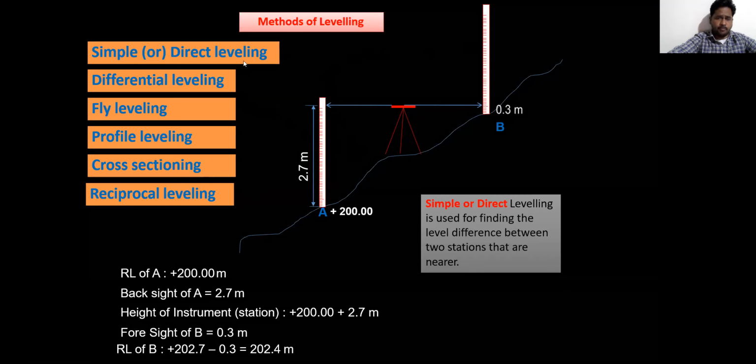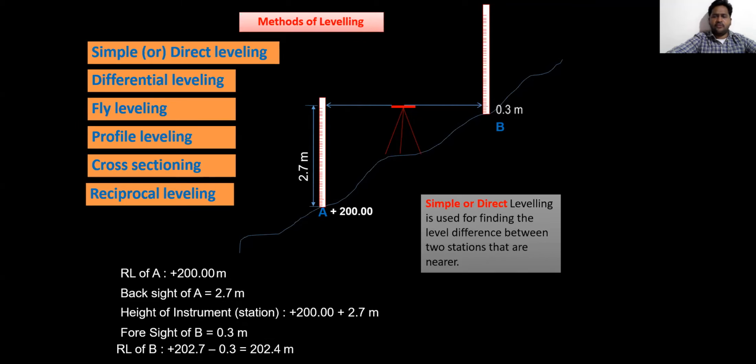See, this is simple and direct leveling. Simple and direct leveling is used for finding the level difference between two stations that are nearer. So whatever the stations or observations or levels on the ground you are taking will be at a near place. The survey will be conducted in the shortest length.